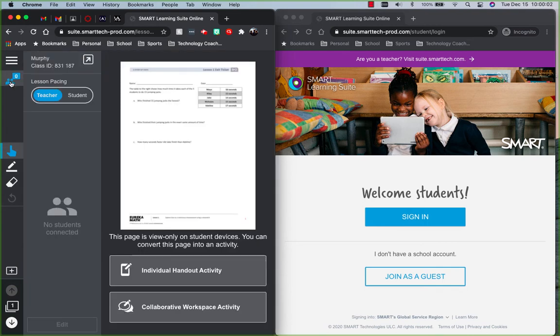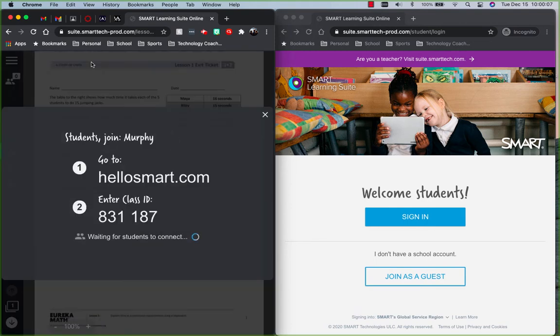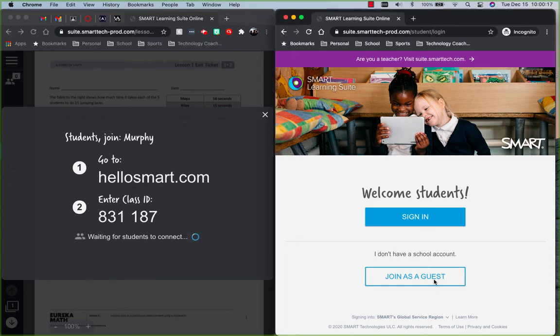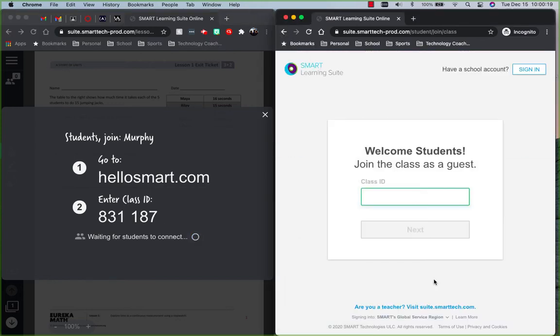So when I click this icon up here, it has Murphy and it has a class ID. This is where the students will go, hellosmart.com, which I did here on the right. I already did that. And they're going to enter a class ID. For this purpose, I'm going to sign in as a guest because I'm already signed in as a teacher, and it will make it a mess. So I'll enter that class code,